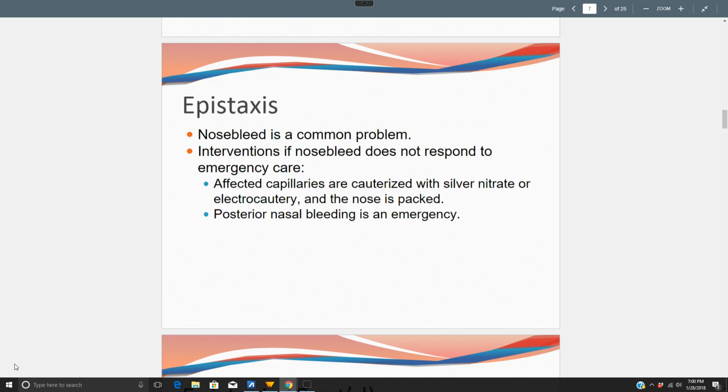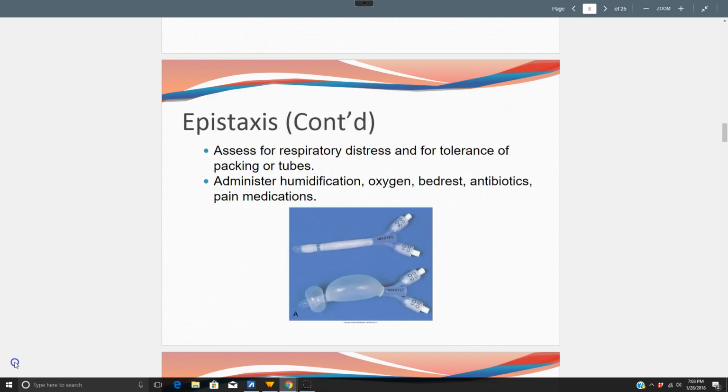So, very, very closely assessing these patients, because bleeding can be a very, very big concern, and there might be various ways in which we control that with different patients. Okay? And as you can see, this slide shows you some of those types of tubes they would use to insert to help posterior bleeding. And these are additional interventions we'd provide for the patient: humidity, oxygen, bed rest, antibiotics,